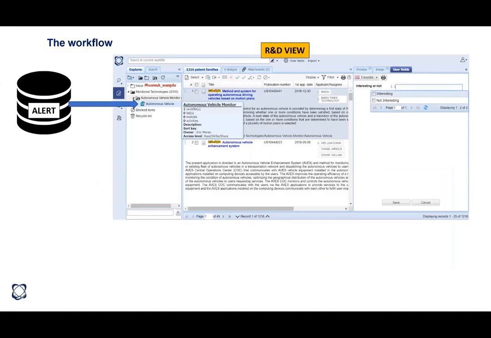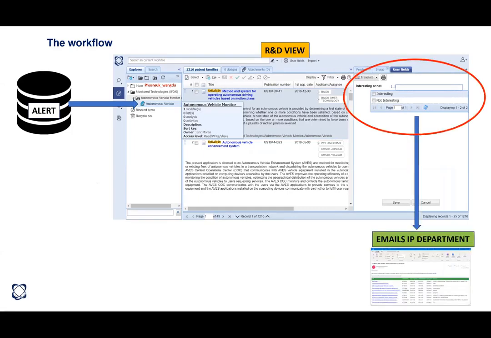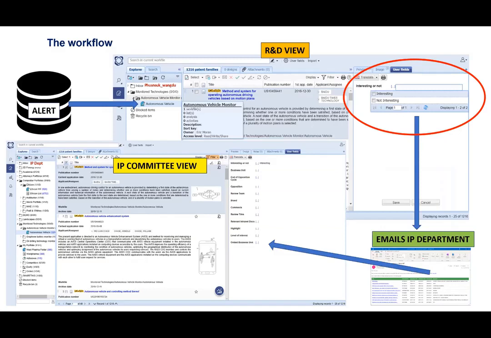This really helps you summarize: an alert is created, and it is delivered directly to a work file. The R&D person sees that there are new or updated patent communications and has to tag them interesting or not interesting. Once the interesting tag is applied, an email is sent to the IP department, and once they view the same work file, they can tag specific content as an IP review, meaning opposition needs to be filed, depending on whether it is in the organization's interest and matches its vision or not. So you can create those user fields and select them. This is a review system wherein you are using a technical resource and protecting the interest of your organization.